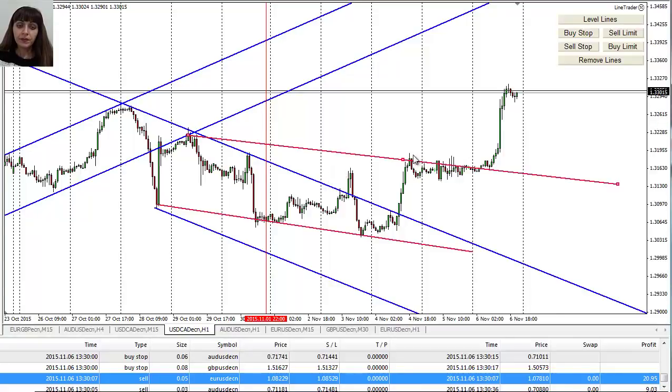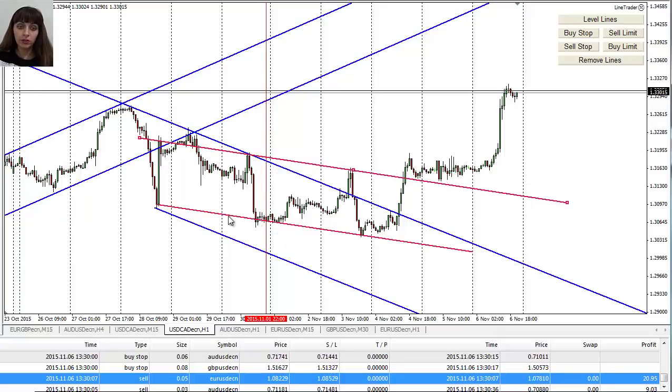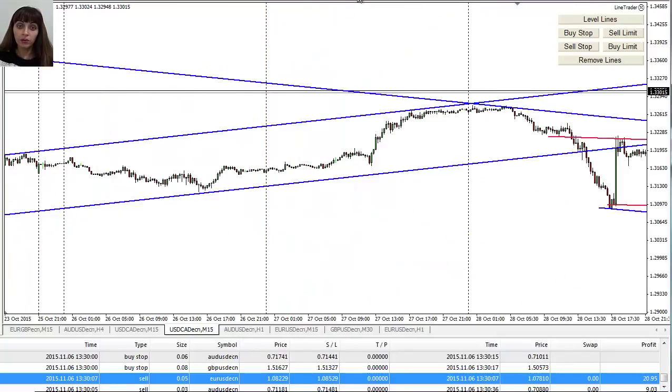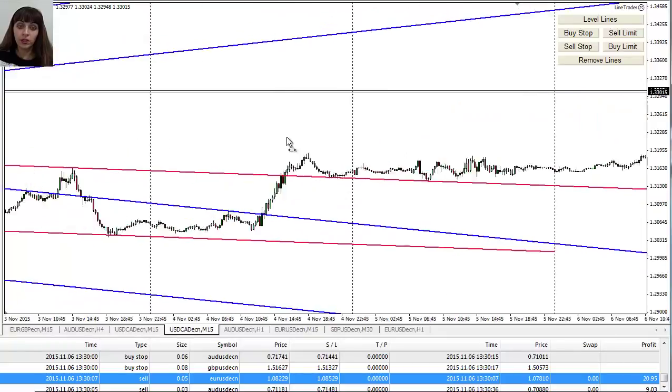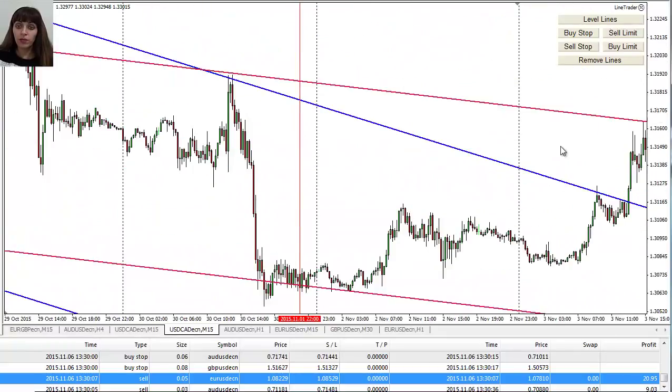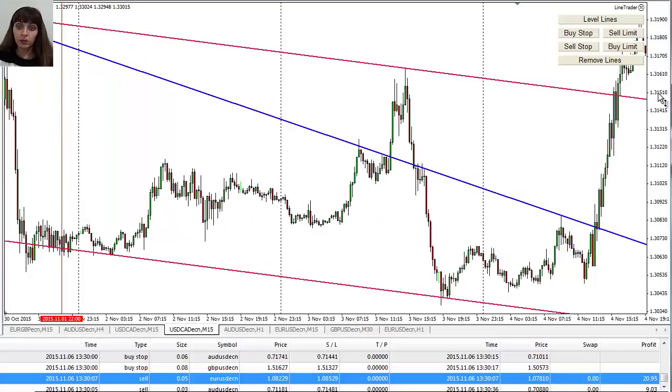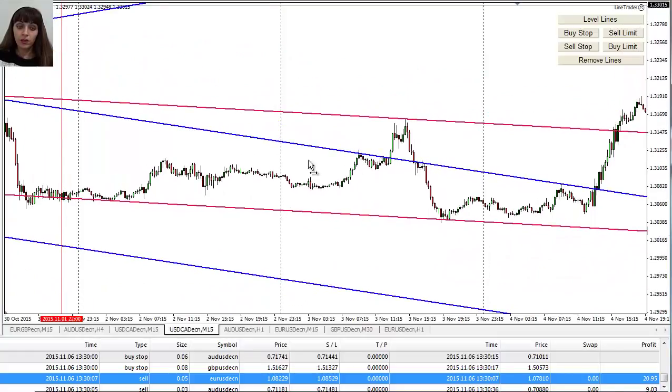And as you can see with that one, for example, if we take these two tops, one top and another top, and we draw it parallel to these two, you would see roughly where this top would have been. So with all of this, what you could do is, again, this is 1 hour, and if you just go on a 15-minute chart, you would see all the trades you could have made. If I would have been trading, this is what I could have done using this little one.